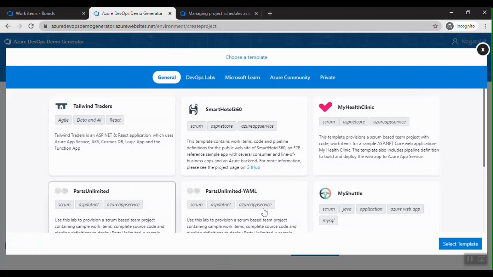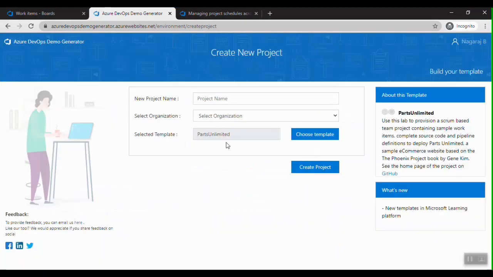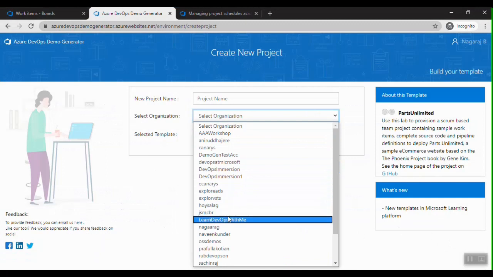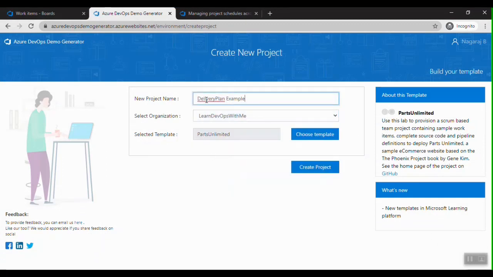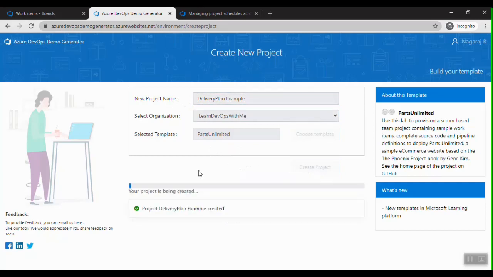So it's going to be Parts Unlimited, and let me choose the organization, and let me give the team project name, and I'll just click on the create project button here, and the demo generator tool starts provisioning the team project for me with all the predefined items like work items, repo, pipeline, my Azure board, styling. All those things will be created by the tool.